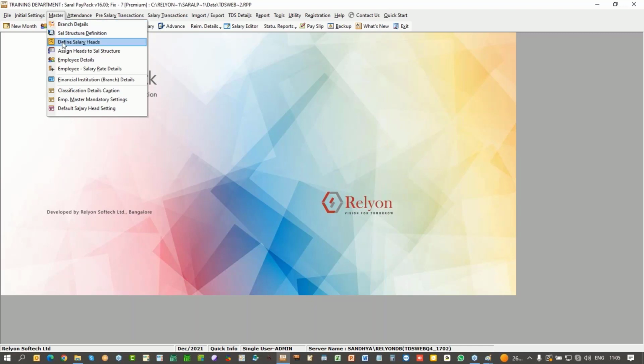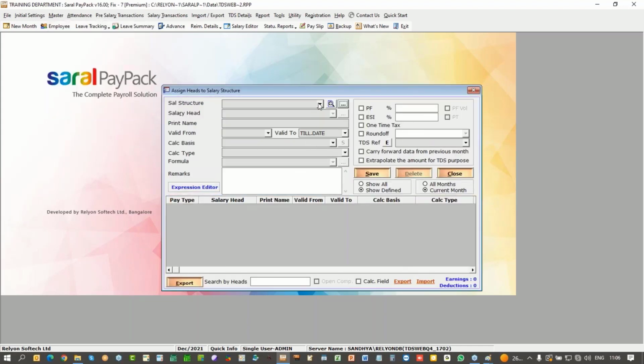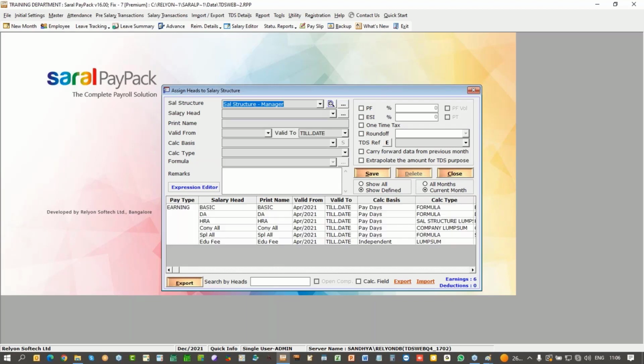So once you define the salary head, you will go to the assign heads to salary structure. Under the assign heads to salary structure, you will be selecting the structure of the salary for which the TDS has to be assigned, or for which salary heads the TDS has to be assigned. So here you will be creating the new salary head of your zone. So once you have created your new salary head,